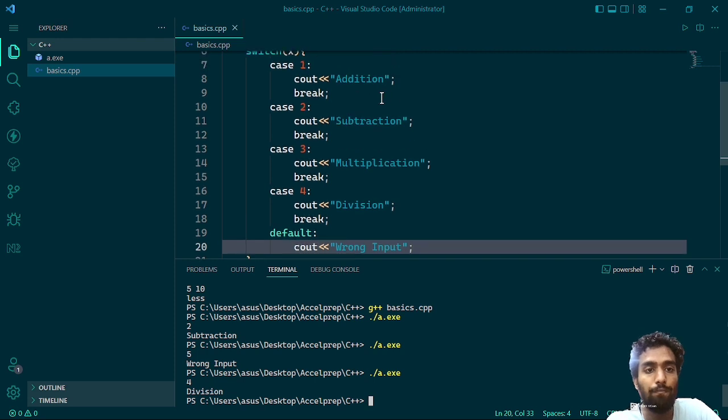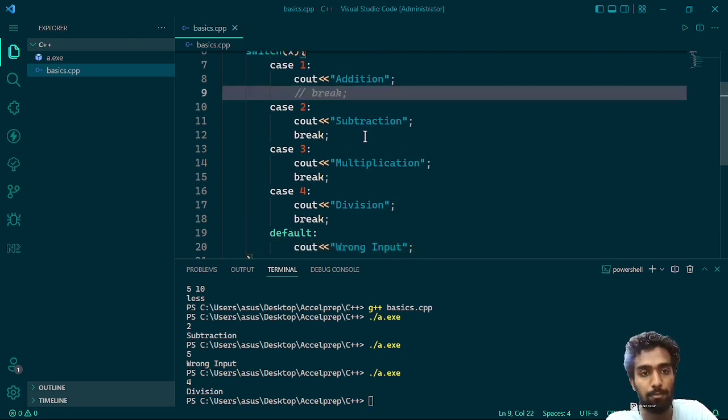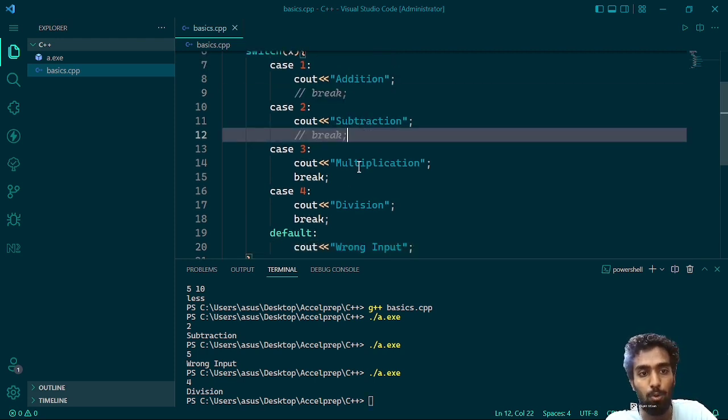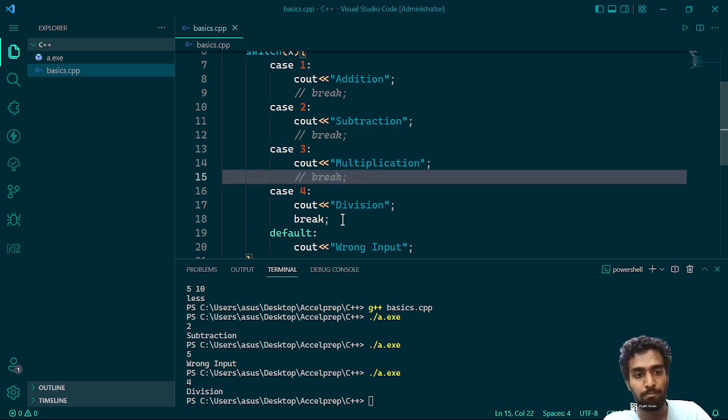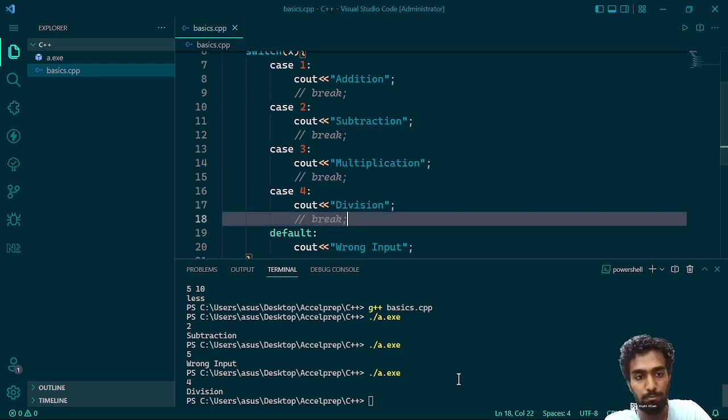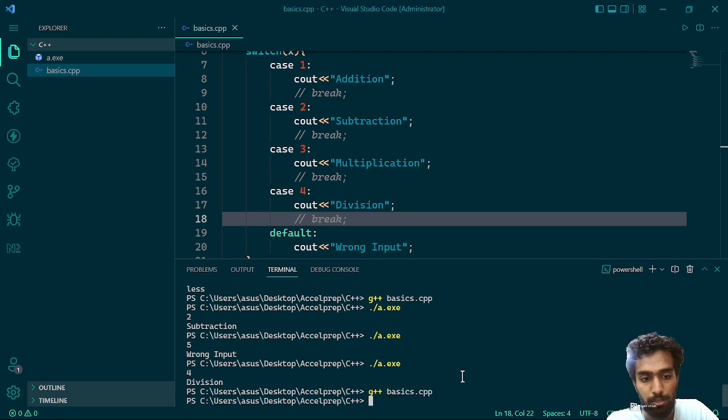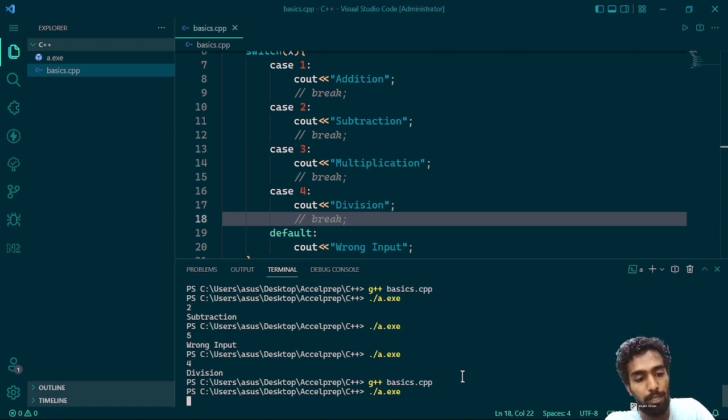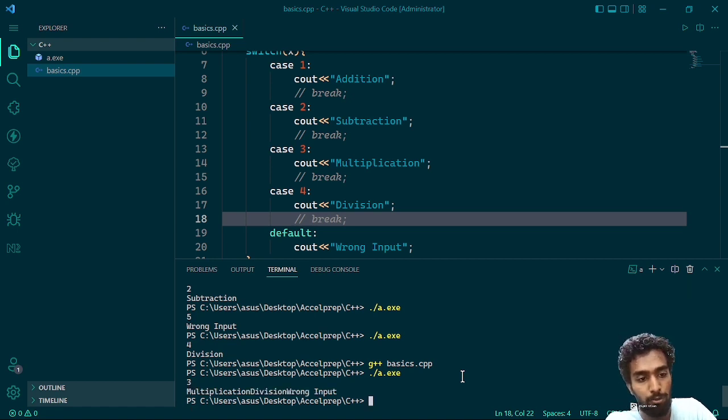Now what if we don't use the break statements? Let's comment all the break statements. Now let's again run it. No errors. Then execute it. Suppose I have given the input 3. Now look, it printed multiplication, division, wrong input, because when it came here,